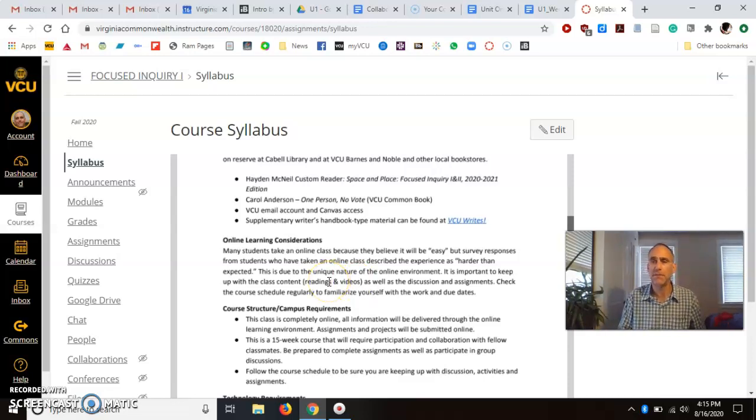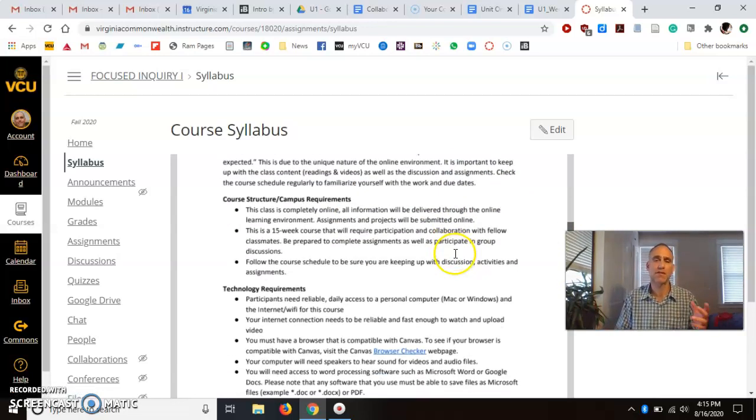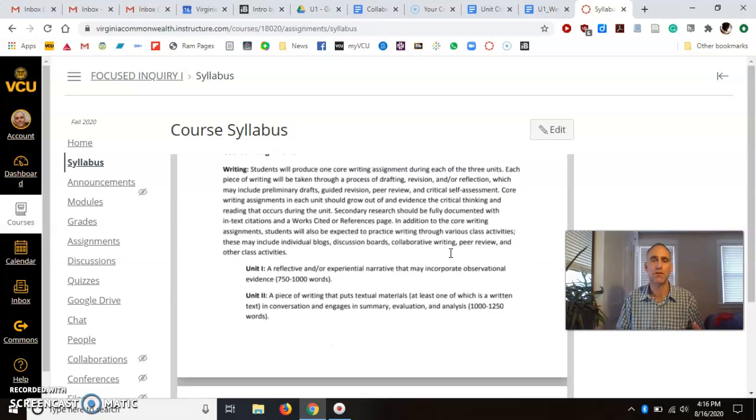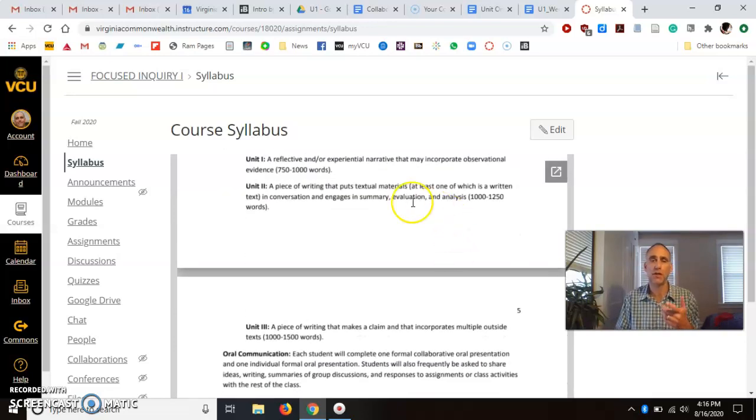Other than that, you need a VCU email account, you need access to Canvas, and you should be pretty good. This VCU Rights website provides tons of stuff that you might need, MLA, APA information, all kinds of stuff like that. This other stuff I'm not going to talk a ton about right now. You can read this over just as easily as I can say it, but I do want to show you here that these are the basic outlines of the assignments that we're going to have. I'll talk to you more about the Unit 1 assignment in a little bit in the second video.